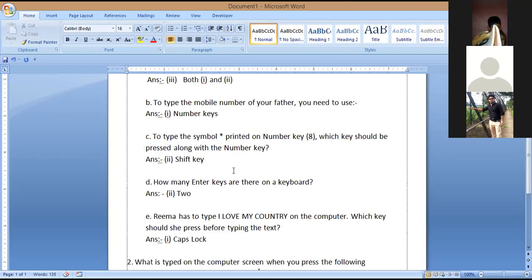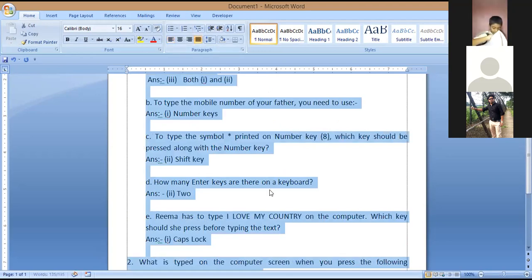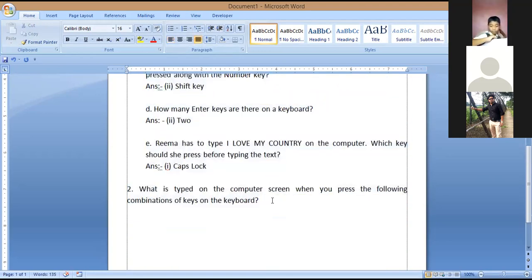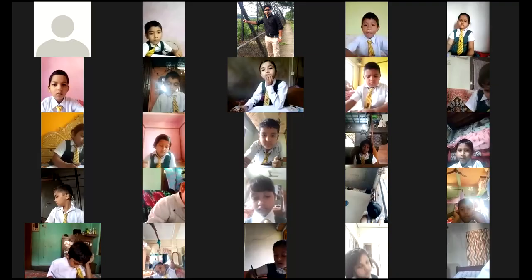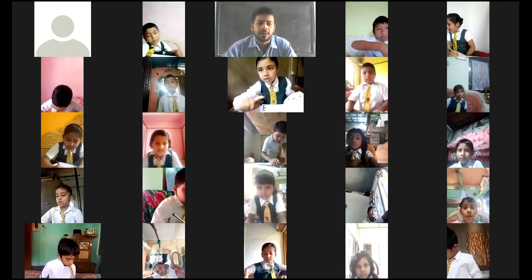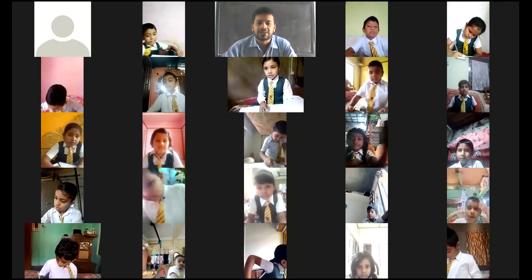Okay, so now see here, number 1, shift plus number key 5. So now here, as I cannot draw all the symbols, you can see in your book, there are some symbols.